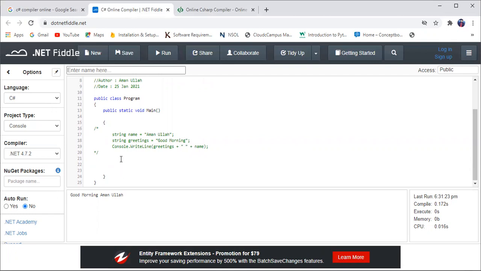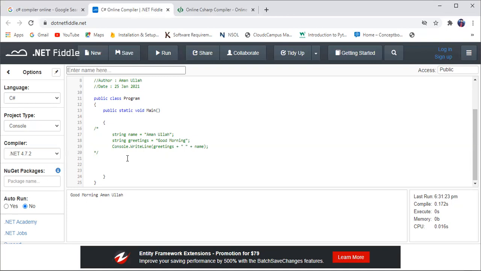How can I take input from the user? First of all, for example, I'm asking the user to please enter your name. Anything printing on the screen, I will use Console.WriteLine. Keep in mind that Console.WriteLine is always used for a prompt message to the user on the output window.